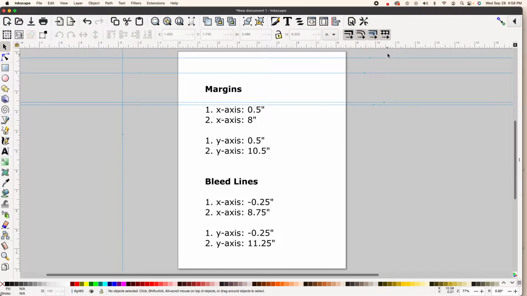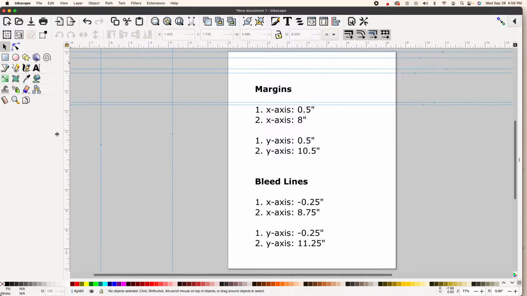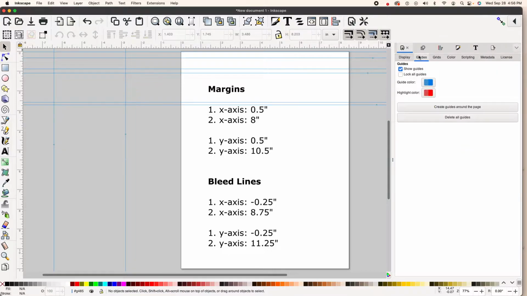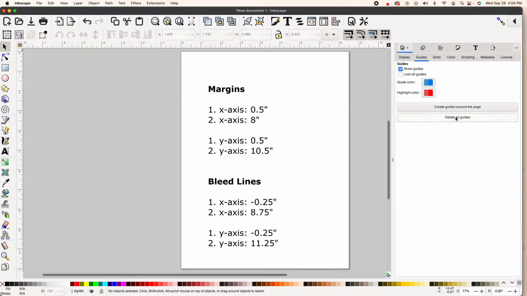But as you can see now, I'm just clicking and dragging. Now take a look at the cursor. Make sure that you have the correct cursor. You want your cursor to look like this, not this. See what this does? That's not what you want. You want it to look like the selection tool. Okay, so I'm going to go ahead and delete all these guides,